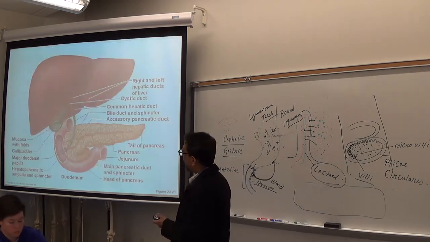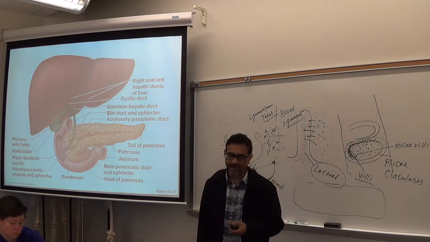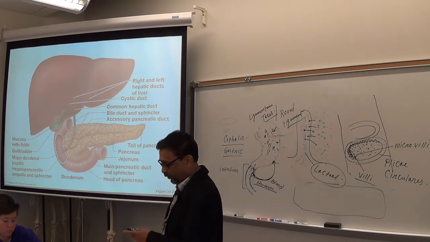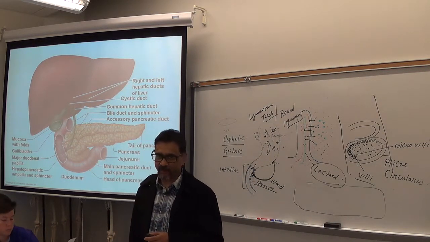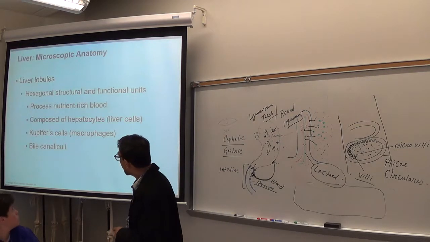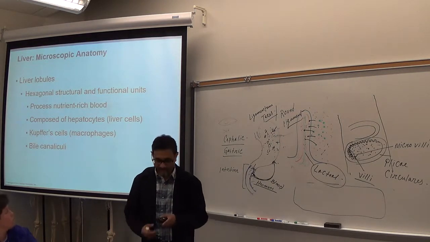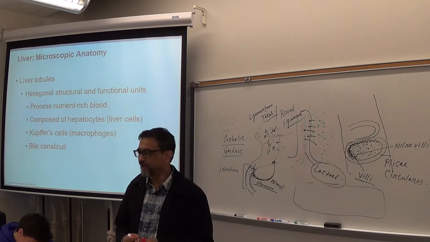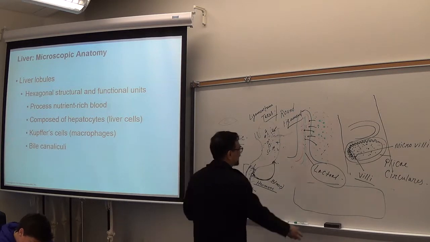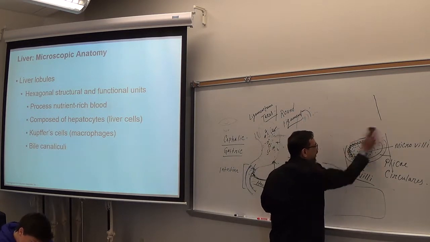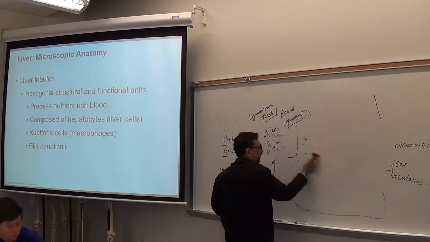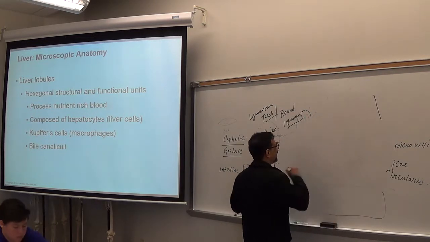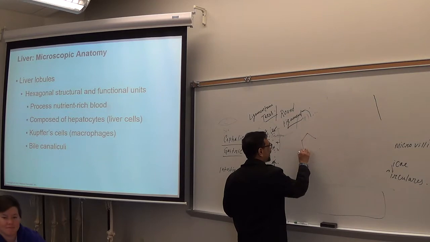Okay, we have talked about the passage of bile, right? How the bile goes to the gallbladder and comes out and enters into the duodenum. We have already talked about it. Liver tissue: if you see the liver tissue under the microscope, you will see many hexagonal shapes. Hexa means what? 6. Penta means 5, right? Okay. So hexagonal